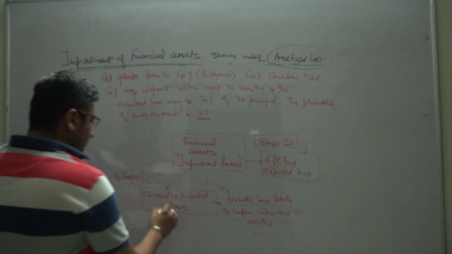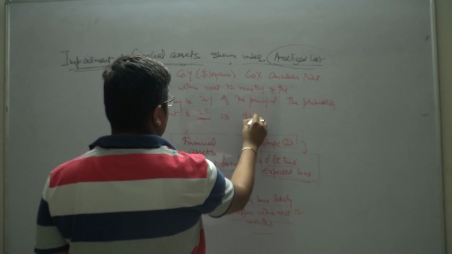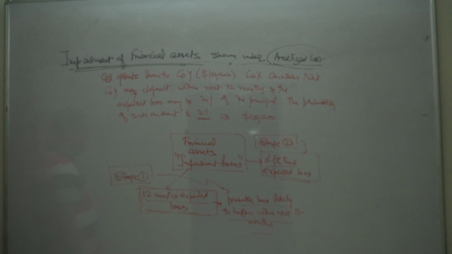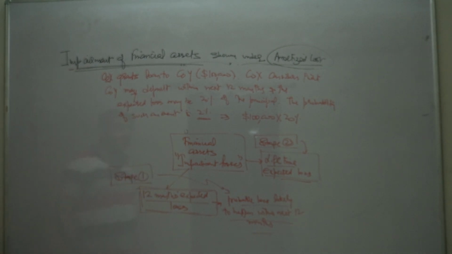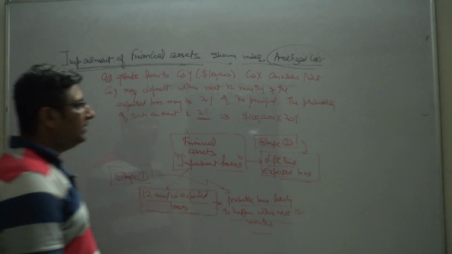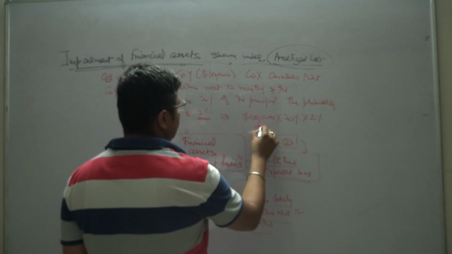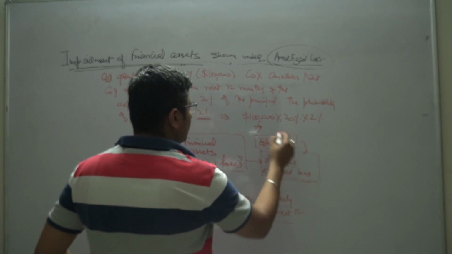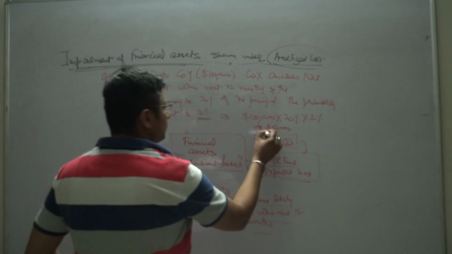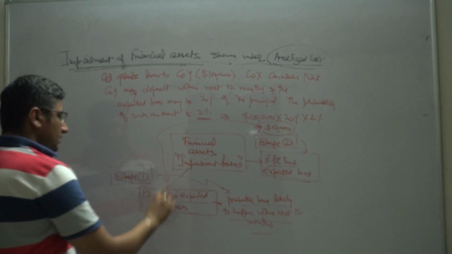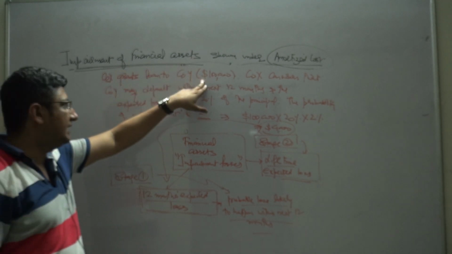Now, if I were to calculate what is my 12 months expected loss in this case, it can simply be calculated as the amount under the exposure or the amount under the risk, multiplied by the amount which may get defaulted, the amount which may not be recovered, multiplied by the probability of default, right? So this amount comes to 4%, which is of course $4,000, right? This $4,000 denotes what? This amount denotes the 12 months expected loss which company X needs to recognize when it has given the amount